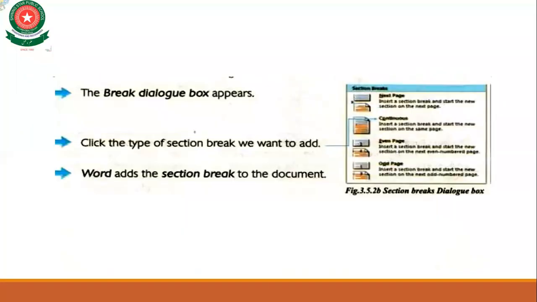When you click breaks, the breaks dialog box appears. Now from here you can select the type of section break which you want to add, and when you click this, Word will add the section break to the document. So that is the way you can break the section.